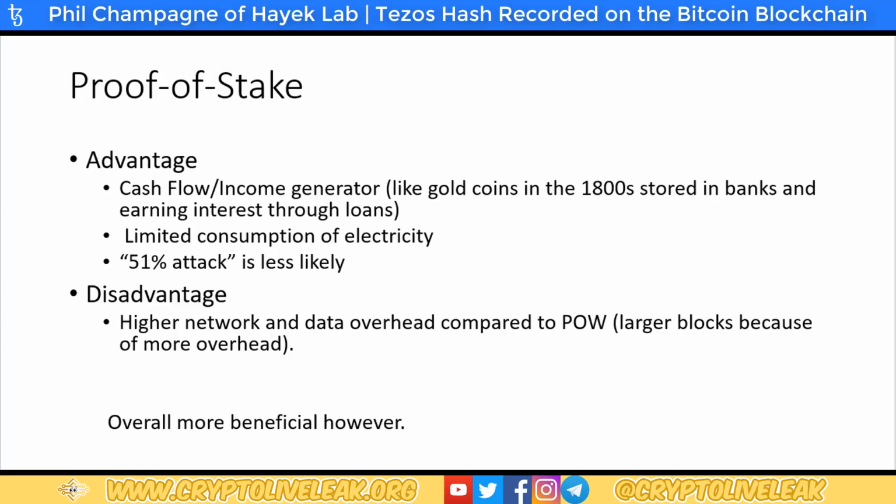They actually want it to drop down, so they want to attack it. So there'll be a pressure, and it will be selling because people say, "Oh gosh, look at that! It's not secure." So you've got that aspect of it. But in the case of a proof of stake, you need to acquire a lot of it to be able to create some sort of a 51% attack. You'd need to acquire 51% of all Tezos, and if that was possible, you'd destroy the value by attacking it. So basically, you're shooting yourself in the foot. That's the point I want to bring up. It's less likely on that end.